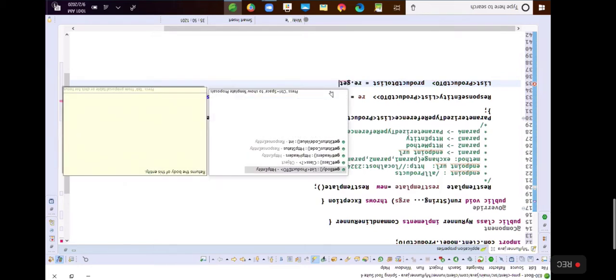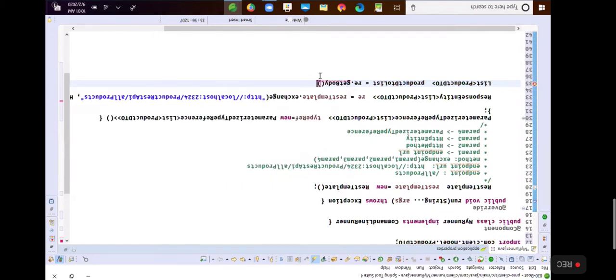So we have methods like getBody, getStatus, getHeaders, but I wanted only the body, so getBody is the method. Now finally what you got is a list of product DTOs.